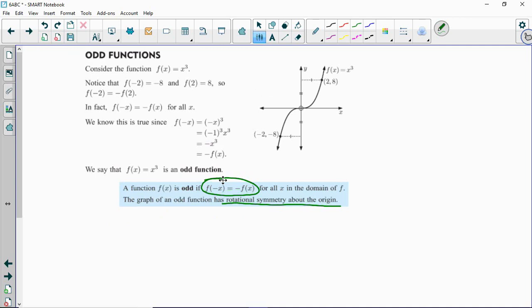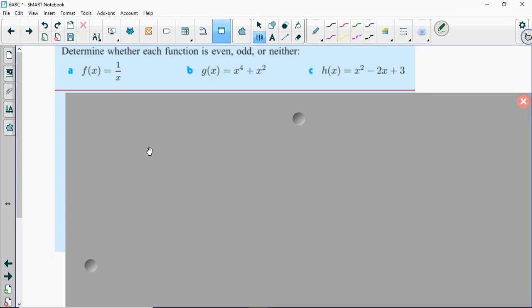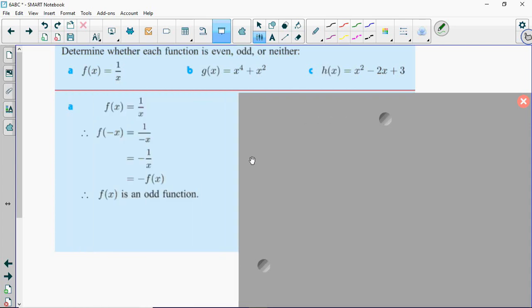Tangent is odd. So we should be able to check using the rules to determine whether a function is even or odd. And we're always going to do this by putting in negative x into the function and then seeing what happens as we simplify it. So here in this first one, f of negative x is 1 over negative x, but we can consider that as just being negative 1 over x, which is the same thing, therefore, as negative f of x,